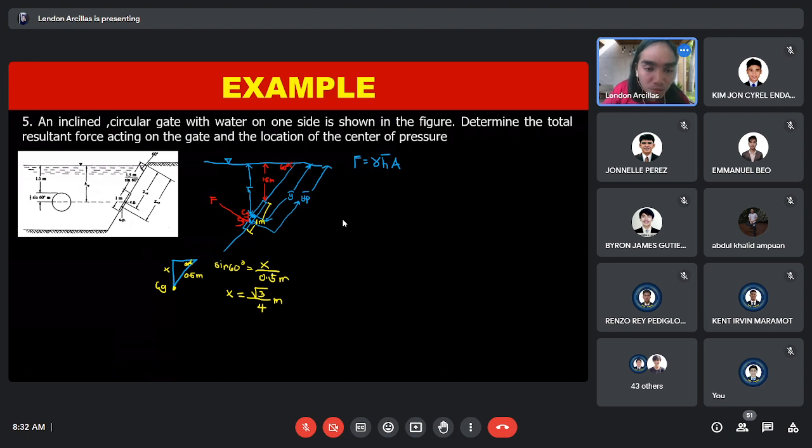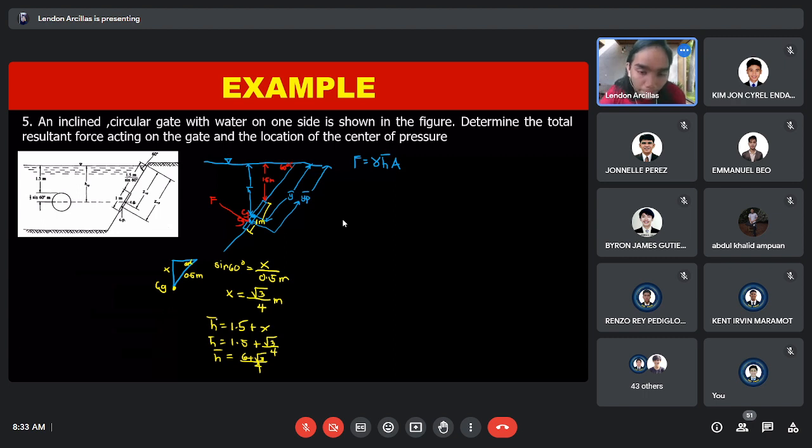Next, therefore, h bar here is 1.5 plus x. Okay, h bar is 6 plus 3 square root of 4